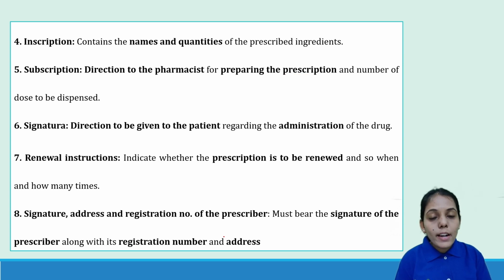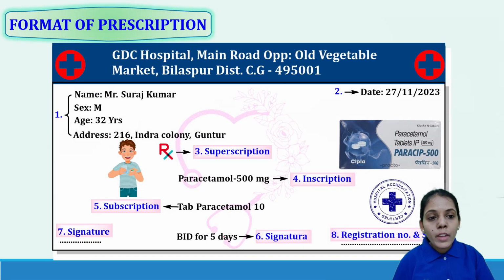So these are the parts of the prescription. Earlier it comes what is the name of that hospital, a particular clinic, where it is located, everything. Then this is the first part where details of the patients will come. This is nothing but the date, on which date it is prescribed. Then under patient details it comes name, what is the age, what is the gender, address, everything.